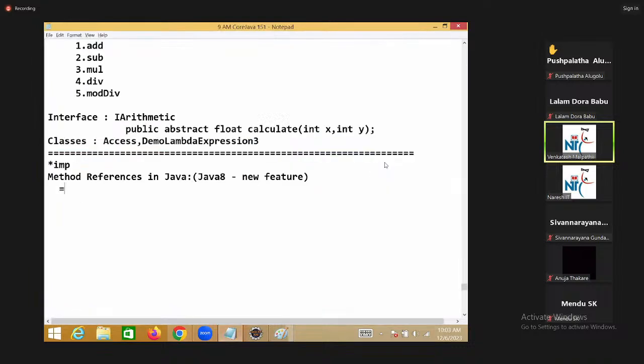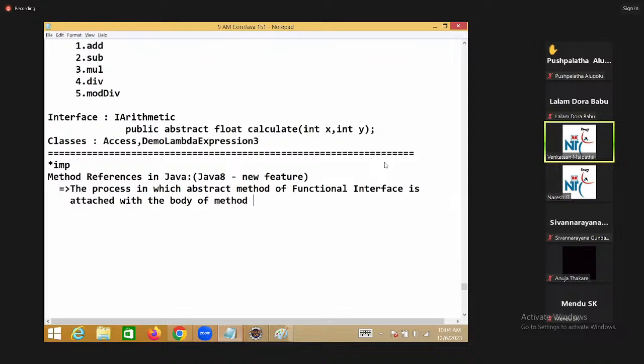The definition: the process in which abstract method of functional interface is attached with the body of method from a class,